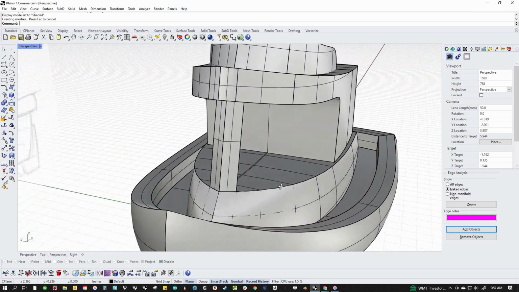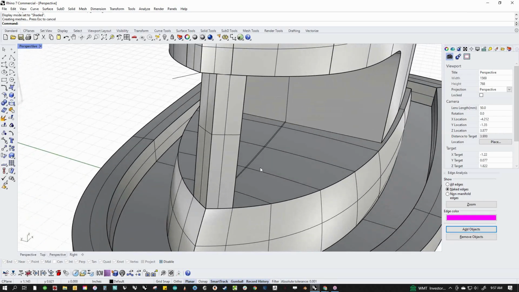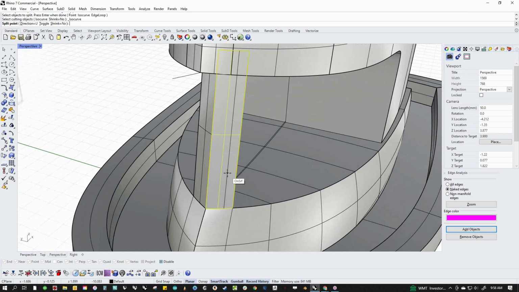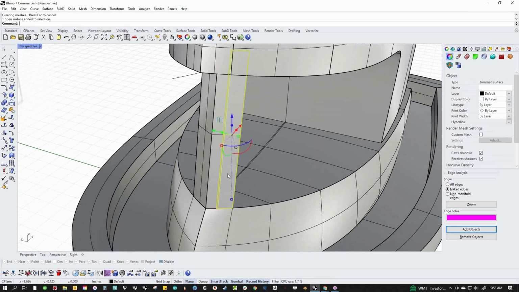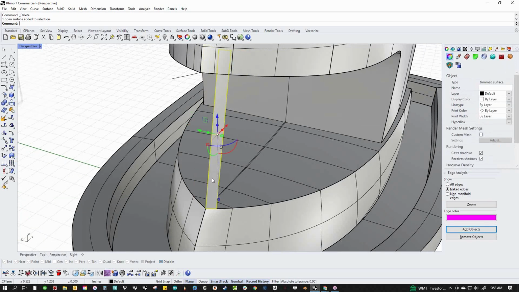And that gives us our little center point. And we can decide, is this too much? Is it too big? Is it too fat? Whatever. If it's too fat, I'm going to right click and split by isocurve. And I'm just going to split this to be narrower. And if I like that one, I'll just mirror it over